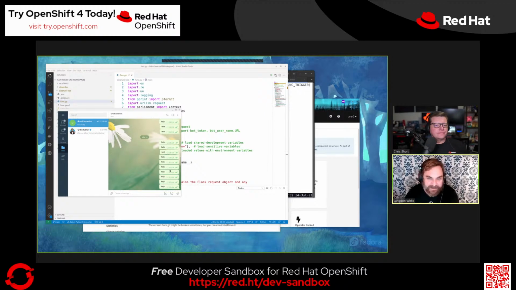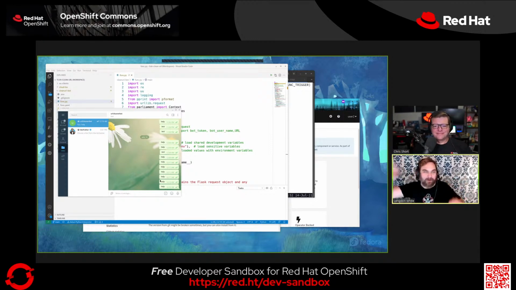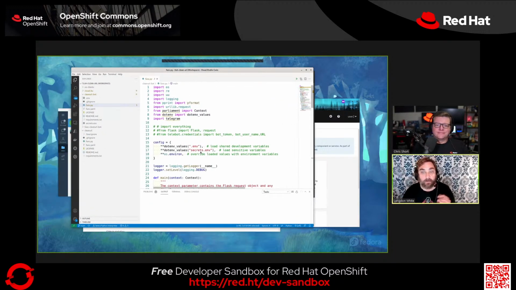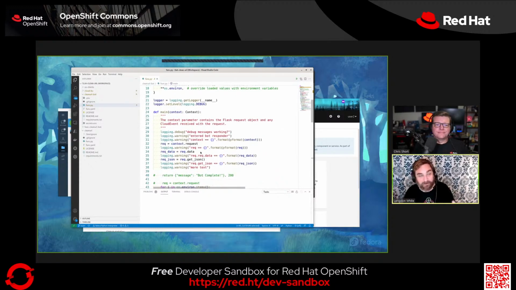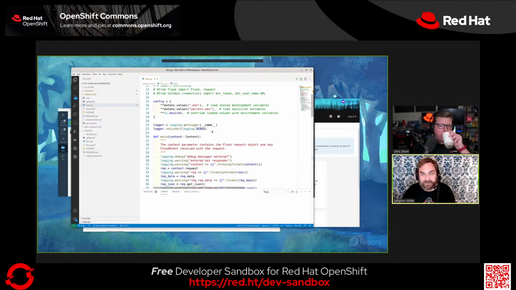And as you can see, I'm sending it a number of messages trying to figure out what exactly is getting thrown over the wall from Telegram into my serverless function, and then what damage is being done to the object that it received, and how can I then massage that into something else. And so what do you need for that? You need logging, right? I want to be able to print everything and its brother about what's going on. And so what I did was